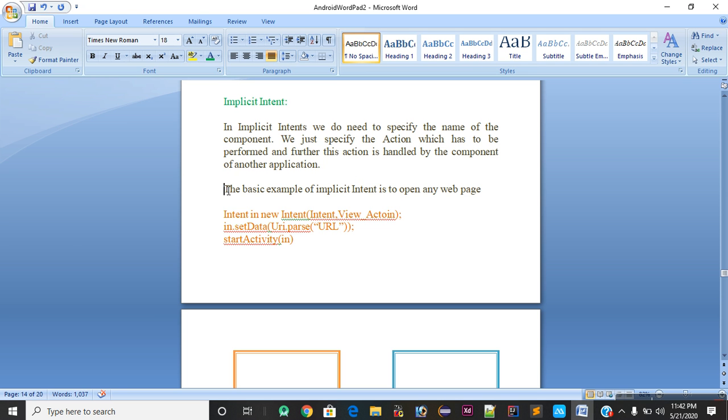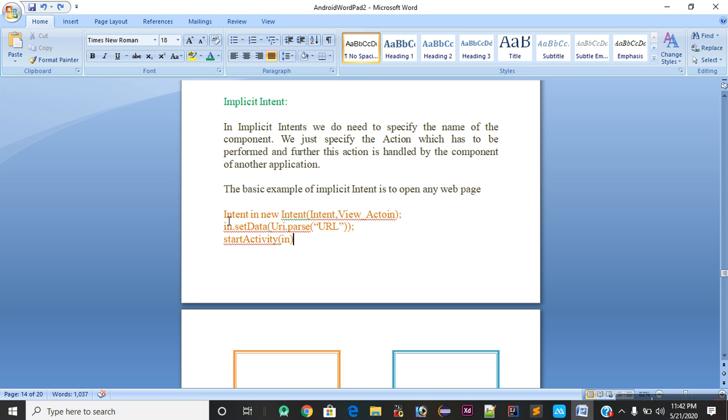The basic example of implicit intent is to open any web page. For example, guys, an implicit intent can work with a URL; it works to open web pages in our Android. So I have a declaration of an implicit intent, and I will discuss it with you.